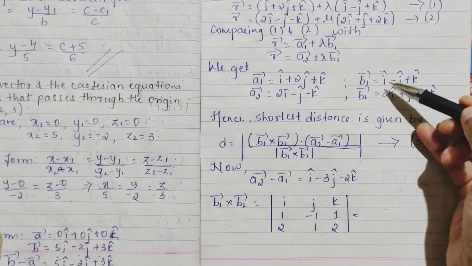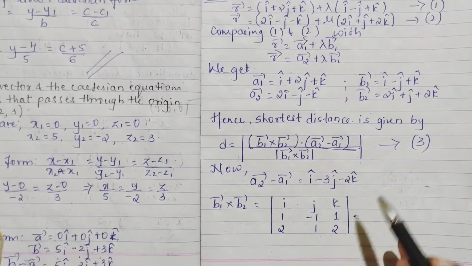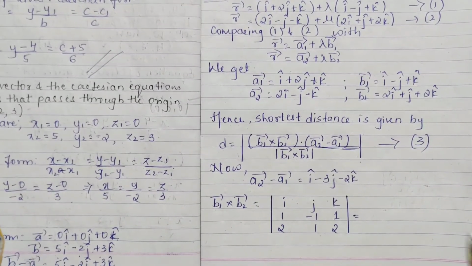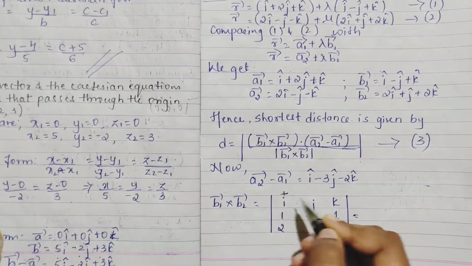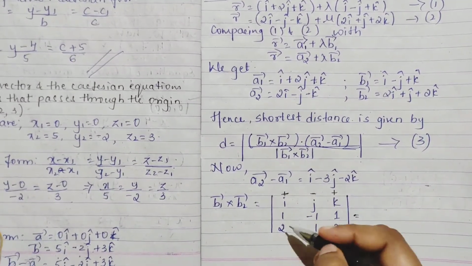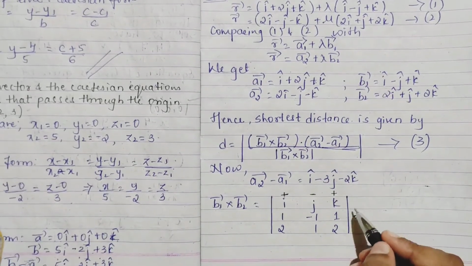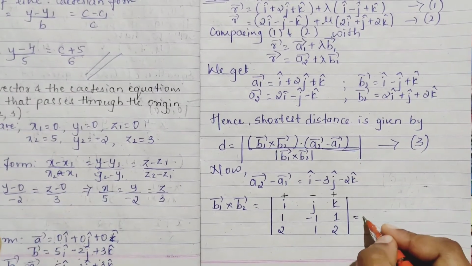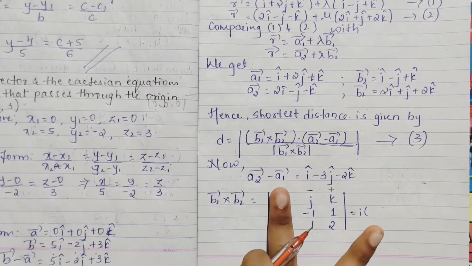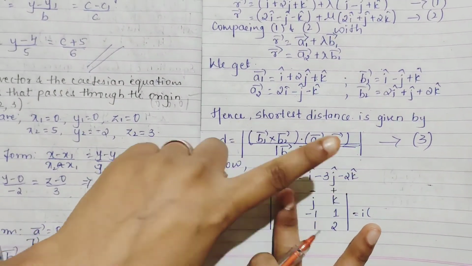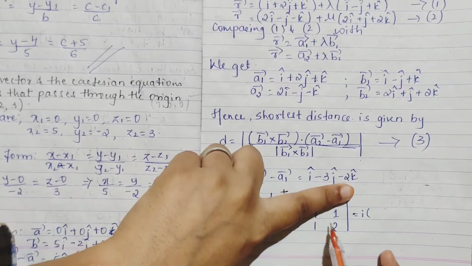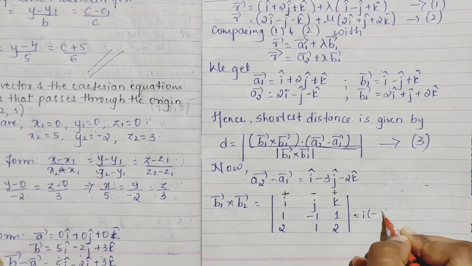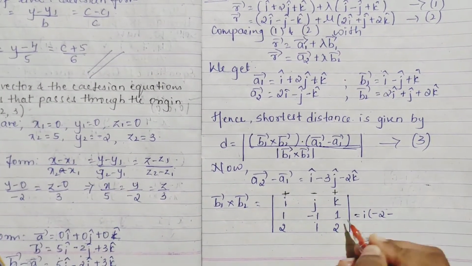So see b1 cross b2: i j k first, then your coefficients 1 minus 1 1, 1 minus 1 1, 2 1 2, 2 1 2. Now to find the determinant, as I have told you, first keep plus minus plus, it will be easy for you. If you are going row wise or column wise, you have to keep plus minus plus. So we will find out how you have to do. For i, close your first row and first column. So you will have 2 ones are 2, but the minus sign is there. So it becomes minus 2, again minus 1 ones are 1.